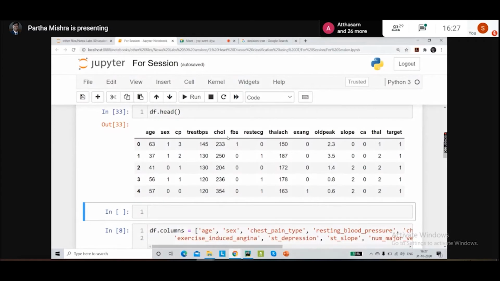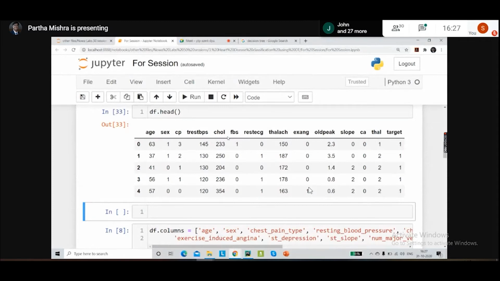We have about 14 columns, but apart from the age, gender, and the target variable, the rest is a bit confusing.